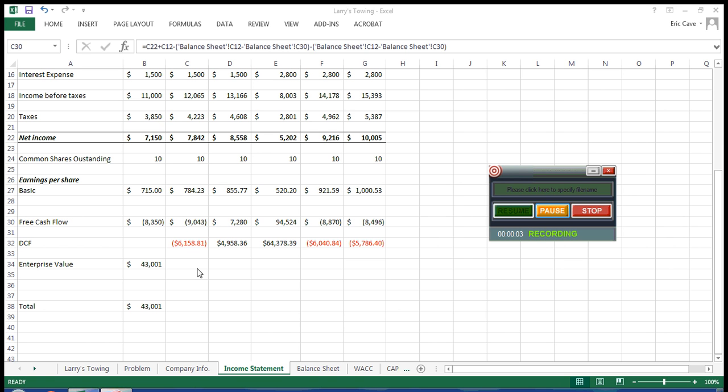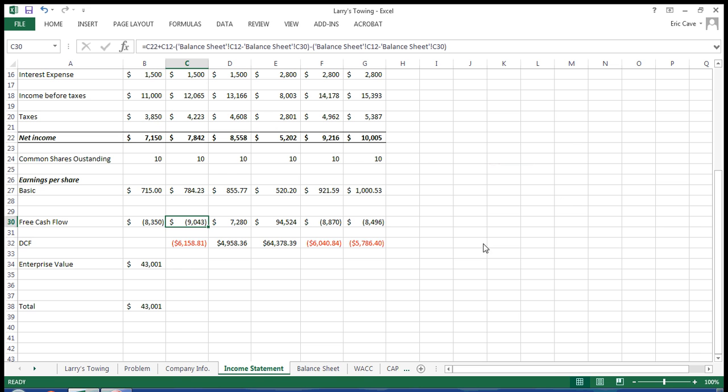Next, what we're going to do is calculate what's called the discount rate to figure out what our enterprise value is from doing a discounted cash flow analysis. To do that, we have to calculate what's called the weighted average cost of capital. And you have videos out there that show you how to calculate the weighted average cost of capital in an